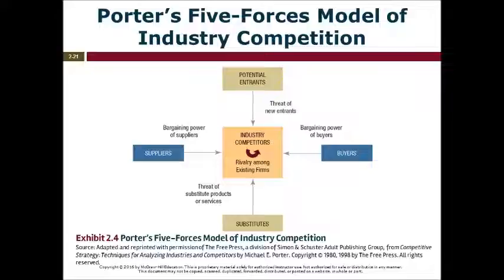Okay, so that's just two ways of looking at this in two different axioms. When there's a lot of substitutes that can take place, again, a lot of competition there. Aeronautic industry, not a lot of substitutes for airplanes. Restaurant industry, tons of substitutes, right? Drives the price down, more competitive.